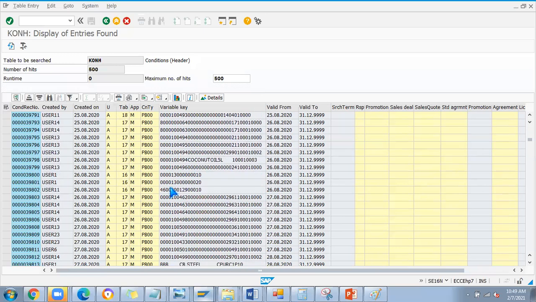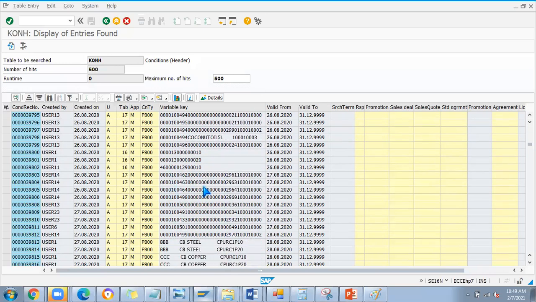But in real time we will not find that many condition tables for the gross price. We'll create three to four condition tables, and there we'll maintain the price with respect to the combination. For example, if I want to see how these condition records are maintained, how to do that, I'll go to